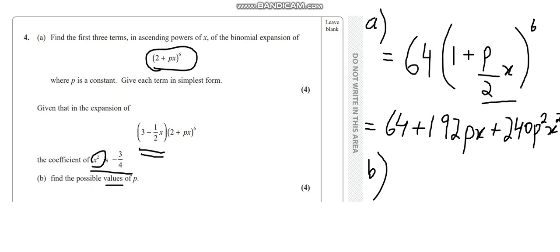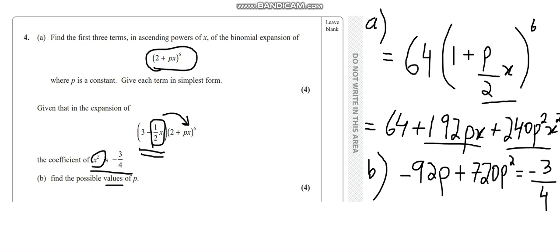So what we'll do is we know that we have minus half x, and we can multiply it with p into x, which can make x square, and we have an x square term already, which is 240 p square x square. So we can multiply minus half into 192 px, which can give us, I'll show you how. There you go, minus 96p x square after multiplying minus half x into 192 px. But we know the x square value, but we are finding the possible values of p, so we have to remove x square, the coefficient of x square, from everywhere.